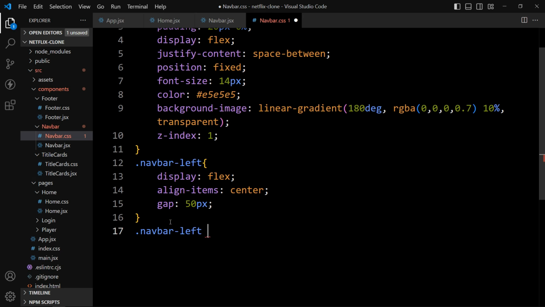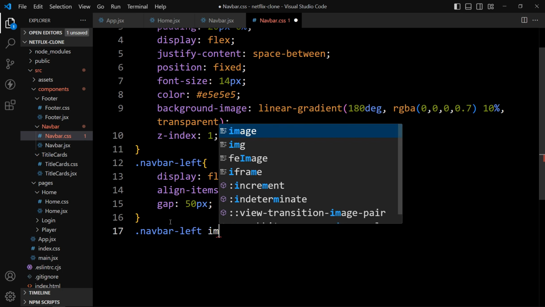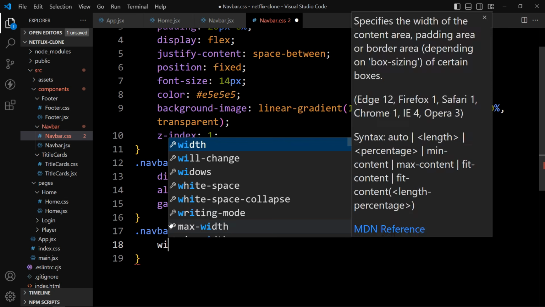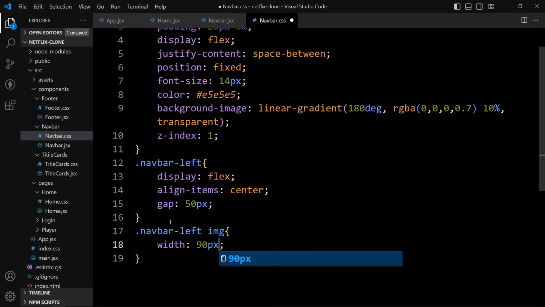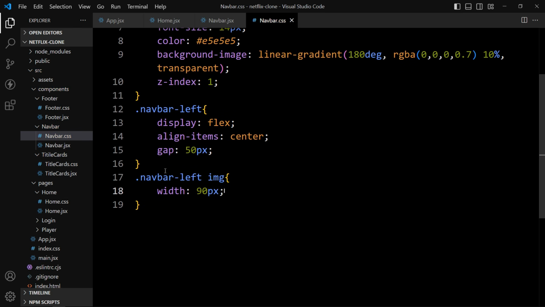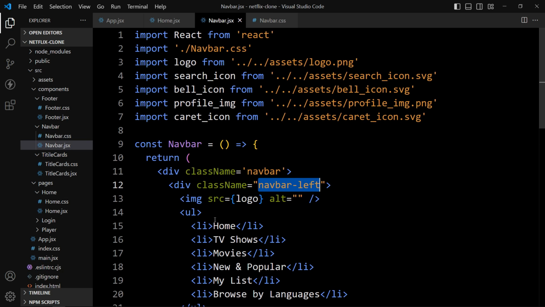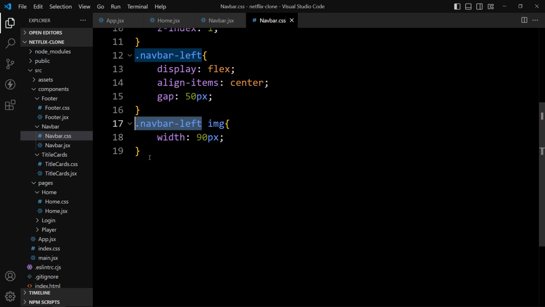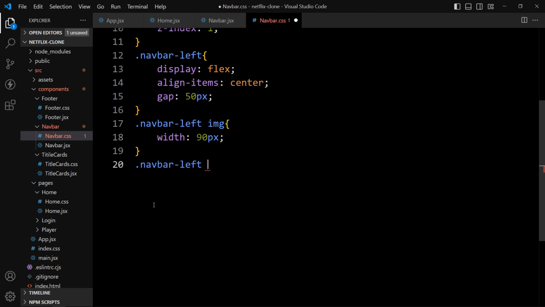So for this logo we will use the img tag, and we will set the width. So the width will be 90 pixel. And we have the menu links in the UL and li tag. So let's use this class name, and we will add UL, and for this one let's add display flex, then list style will be none, and there will be gap of 20 pixel.